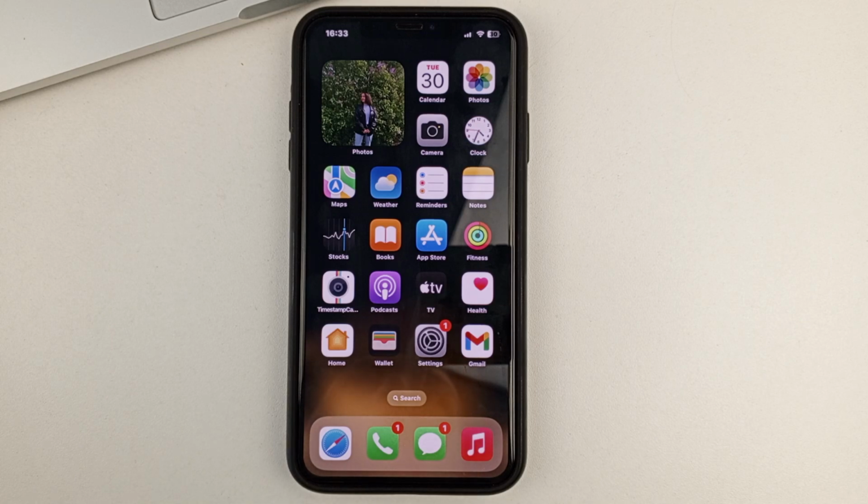And in this video, I will show you and tell you how you can allow access to Telegram camera on